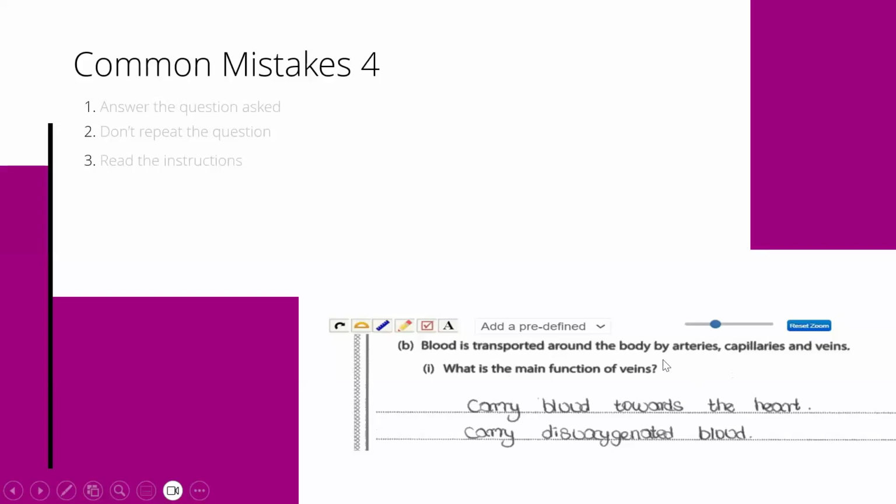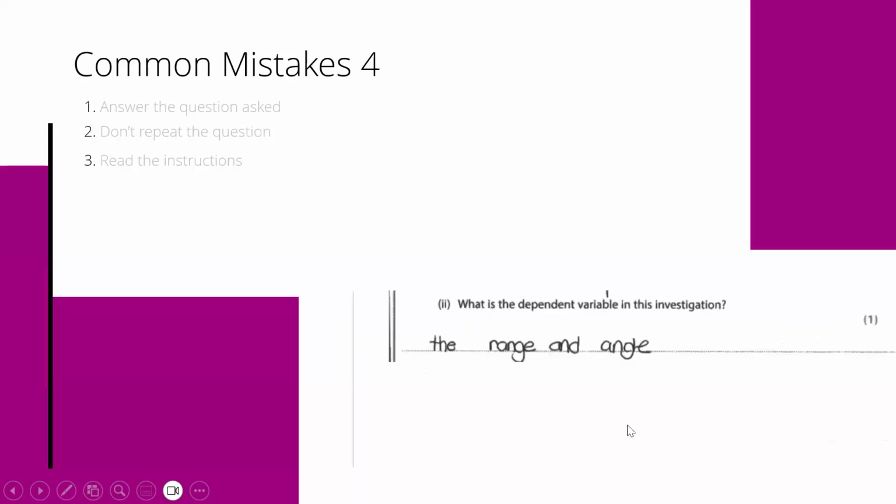This was a 1 mark question. They give me 2 answers in a way. They carry blood towards the heart and carry deoxygenated blood. They're lucky in this case that they would get the mark because they're both correct. But in a situation like this